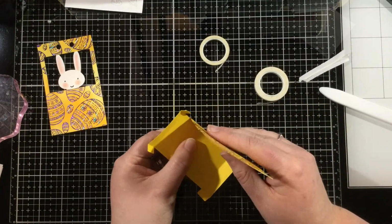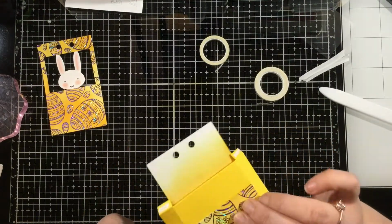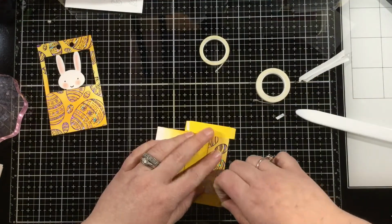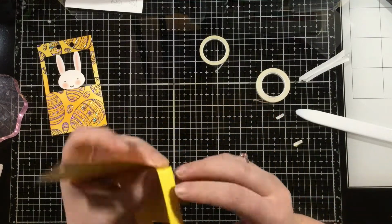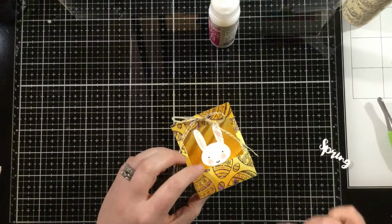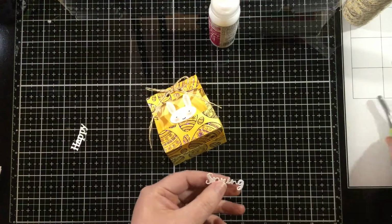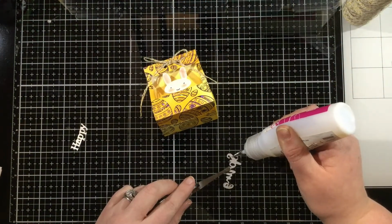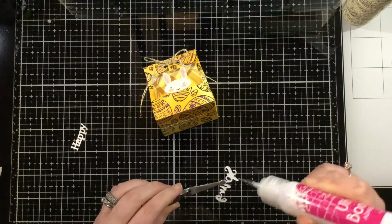So now let's just put this together. I'm going to fold that flap so that it's adhering to the bottom of the base. Give that a press with my bone folder just because this is pressure activated and I want to make sure it's going to hold on strong. And then fold in those tabs and adhere them onto that background piece. Really, really easy. You're going to do the same exact thing with the front piece and then tie a little bit of twine or ribbon through the front of those two little holes that are kind of punched in the top and the back. Just thread your ribbon through there and that's going to hold your treat box together at